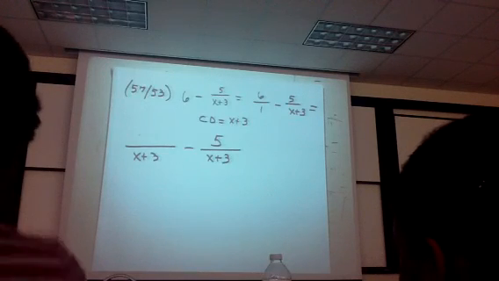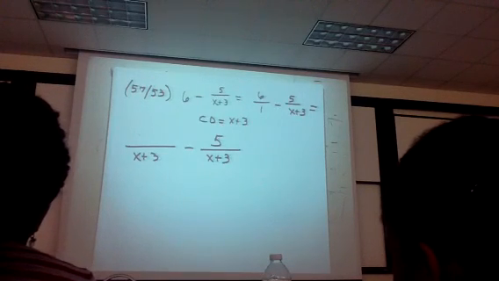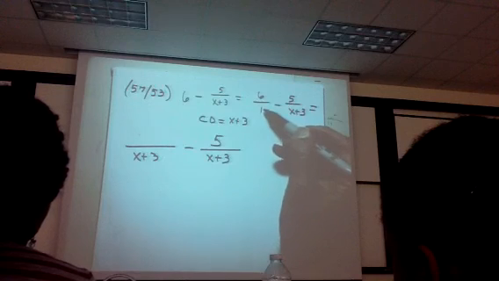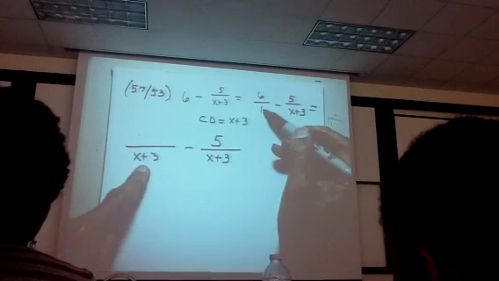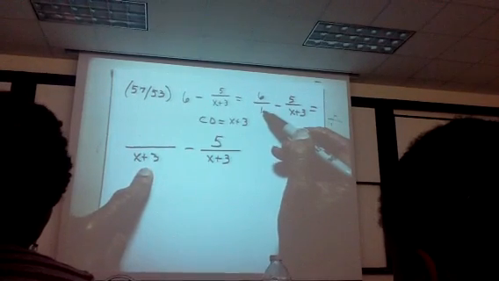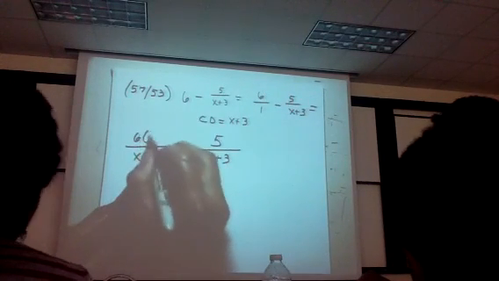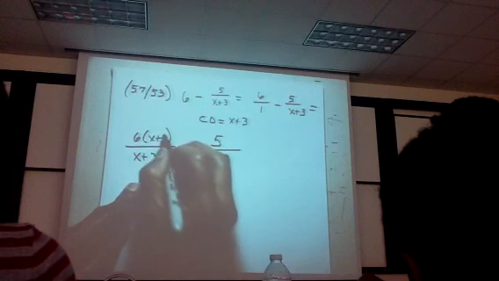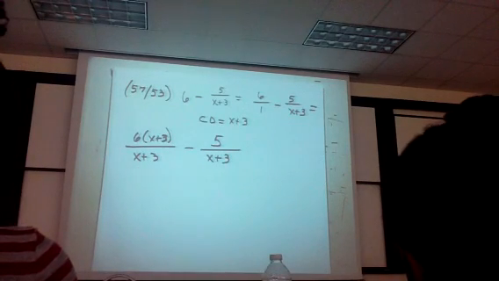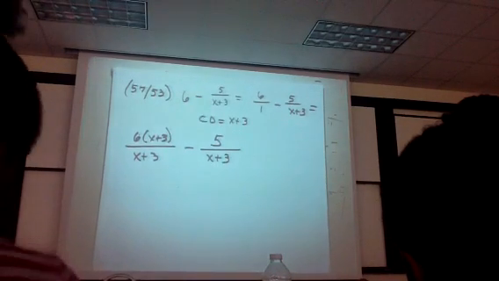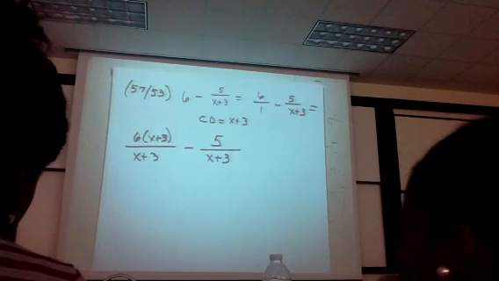All right, here's the concept. Here's the way I phrase it. What did I multiply my old denominator by to get my new one? x plus 3. So I have to multiply my old numerator by the same thing. So what we're really doing is multiplying by something over itself. We're multiplying by some form of